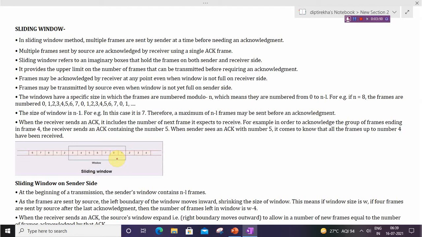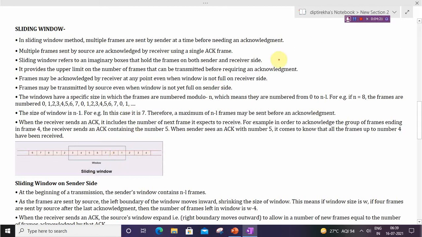When the receiver sends an acknowledgement, it includes the number of the next frame it expects to receive. Means if the receiver gets the frames 0, 1 and 2, it will send the acknowledgement 3. Means 0, 1, 2 received undamaged and the receiver is awaiting frame number 3.